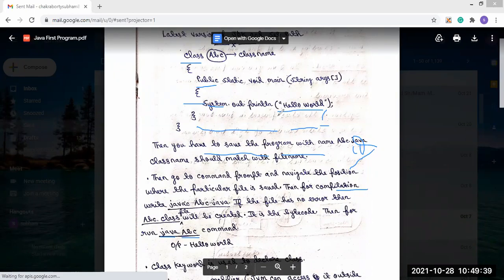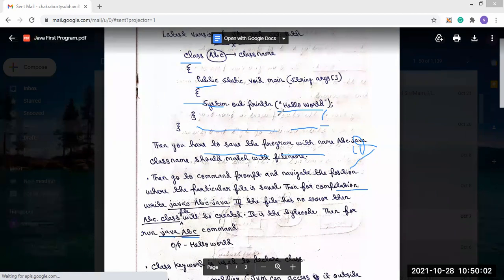Because public means it can be accessed from anywhere, from any class or any outside of the class.